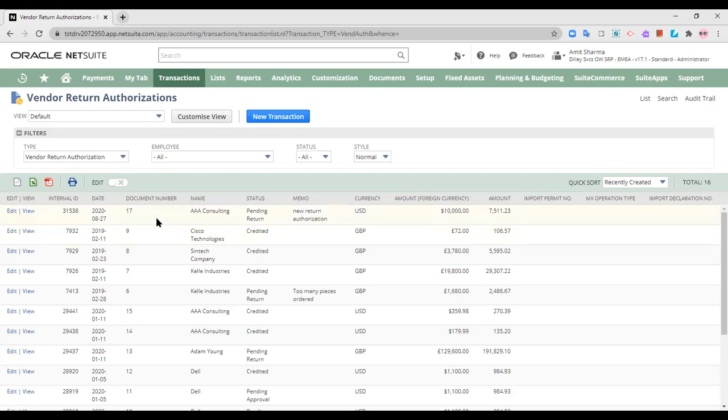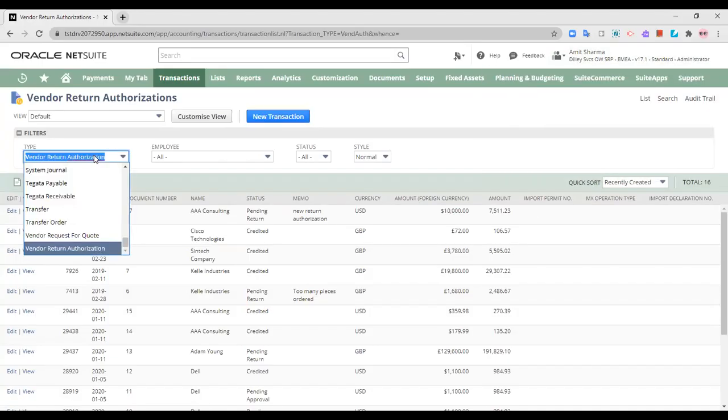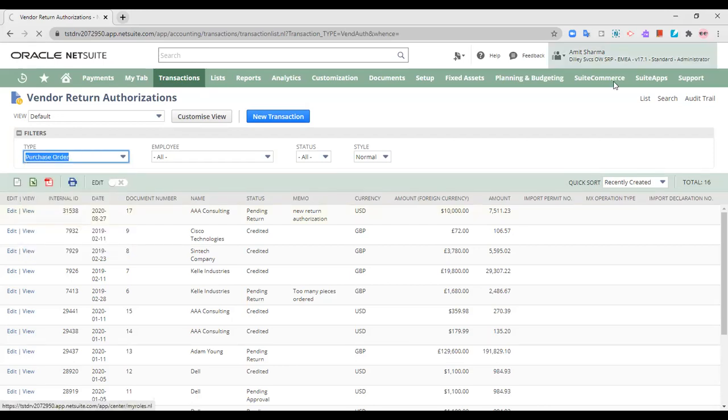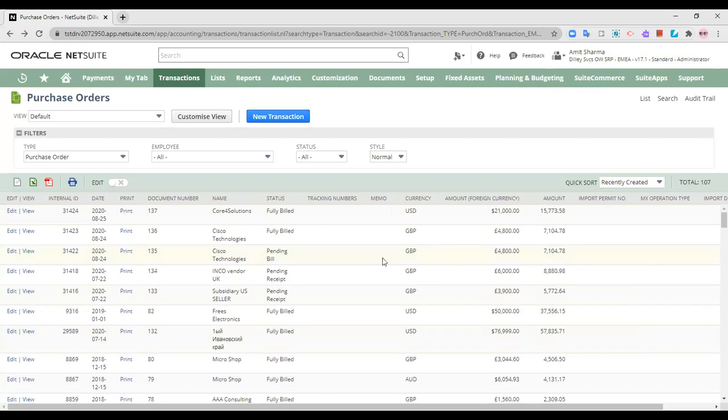Now the other way is you can actually create a return authorization from the purchase orders. So moving on to our purchase orders. These are the purchase orders that we have.